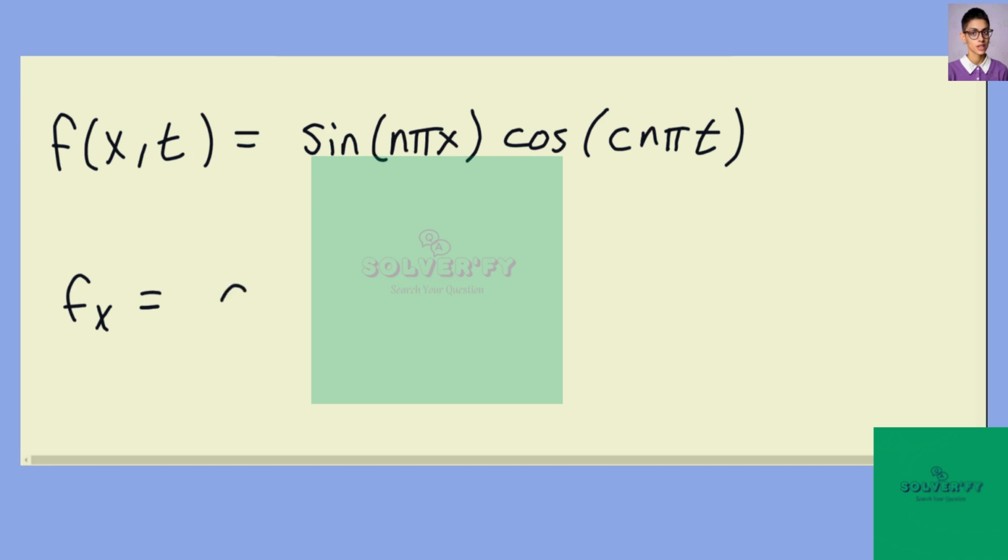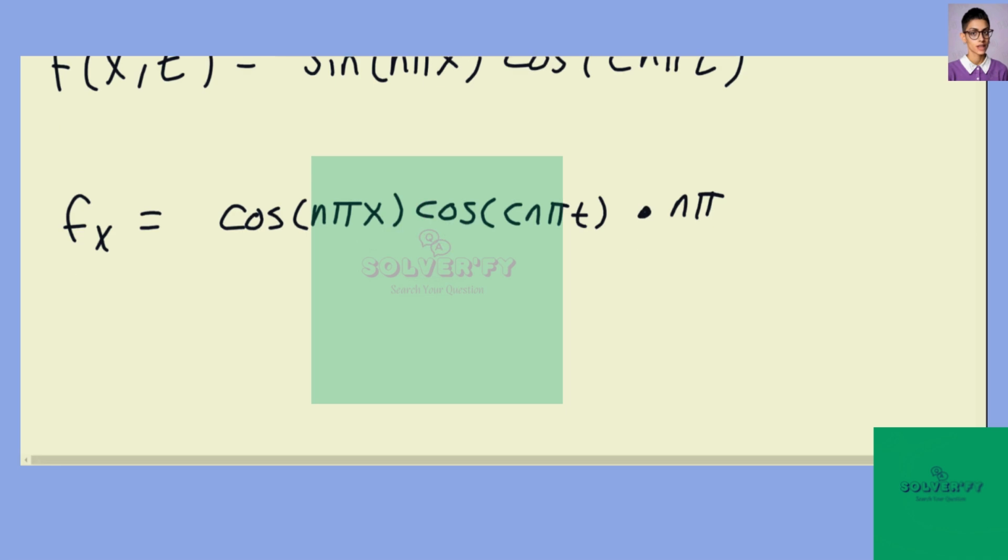And if we do that, we get a cosine of n pi x, then a cosine of c n pi t, times our chain rule factor of n pi. And then taking another partial, we'd get another chain rule factor and then a negative cosine. So